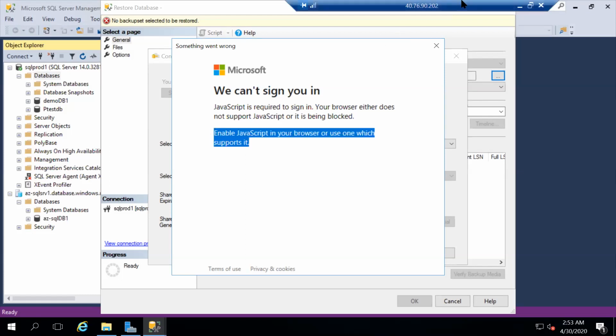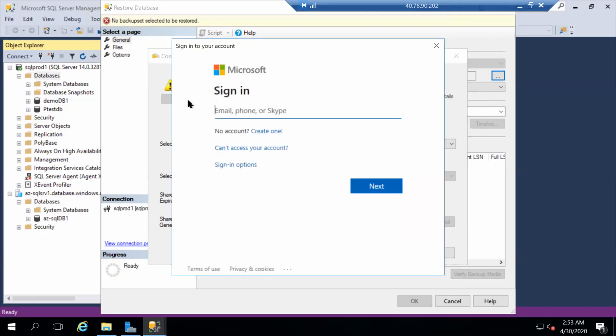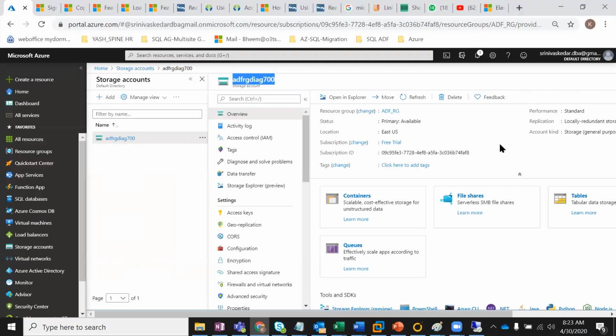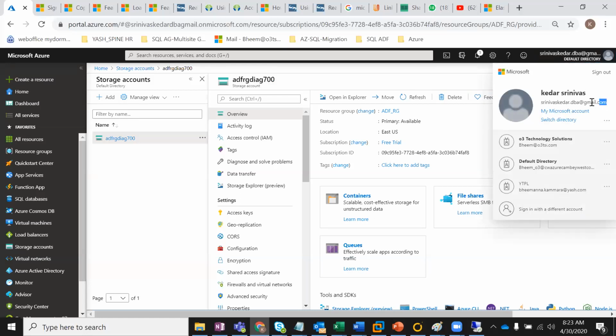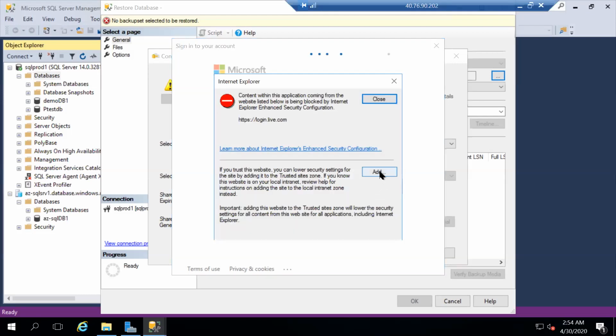Some Java plugins are required to do browsing here. Okay, done. Go to my ID again. Take this ID and copy it here. Move to the IaaS SQL Server VM and provide my ID over here. Just next.